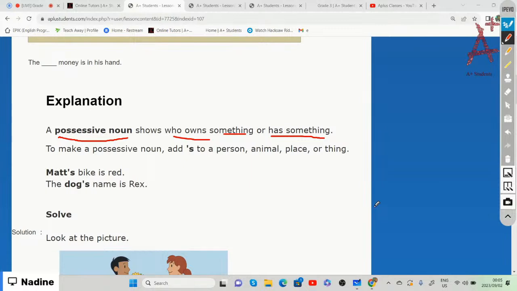It shows someone or something that owns something or that has something. So to make possessive nouns, we have to add apostrophe s to either a person or an animal or a place or a thing, depending on who owns something or who has something. So we add the apostrophe and an S to a person, an animal, a place, or a thing, right? So if we look at the example,